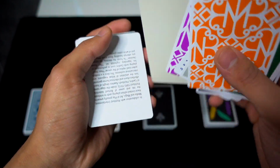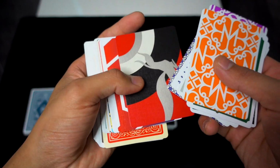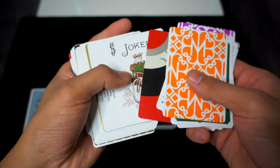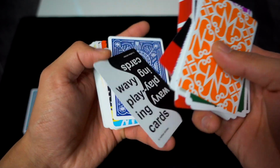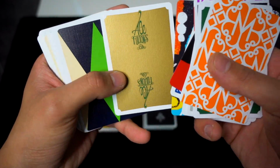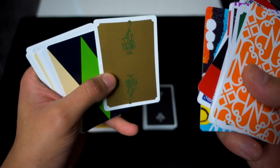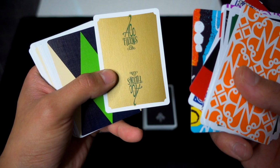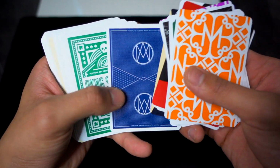Purple Hustlers, Steamboat, Podu. Oh, I think these are upside down. Or are they? Probably not. No, they're not. Wavy playing cards, Drifters, Off the Wall, Ace Fultons. You get a special gold foil card. I think this is a teaser for their next Ace Fultons edition. Well, I hope it is. Lucky Draw, Art of Magic,